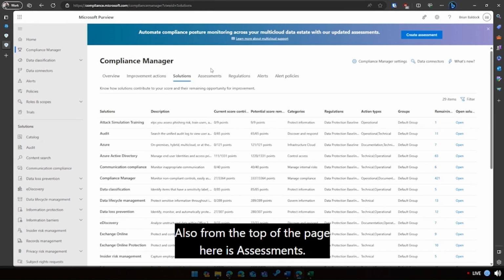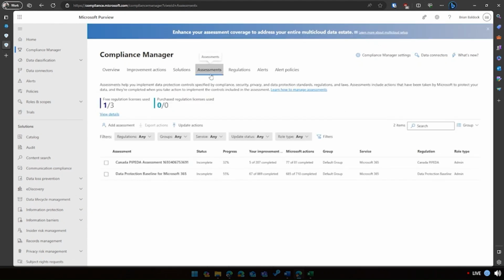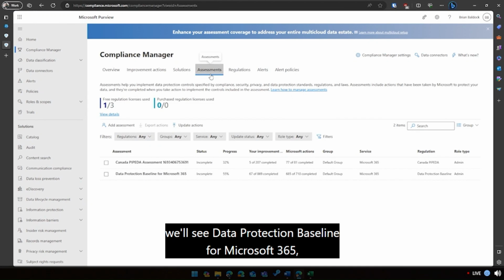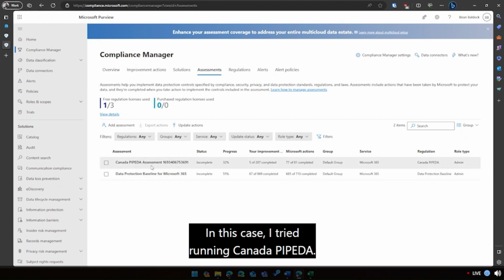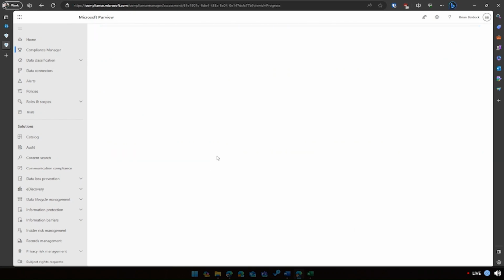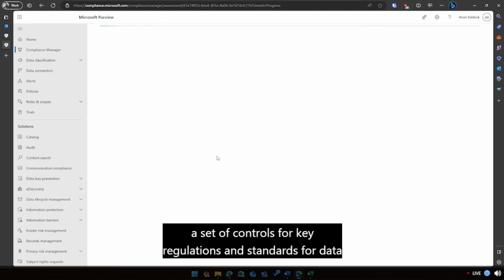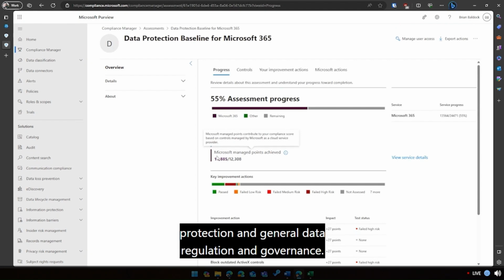Also from the top of the page here is assessments. On this page, we'll see data protection baseline for Microsoft 365, as well as any other assessments that I might have run that were pulled into the tenant for a different reason. In this case, I tried running Canada PIPEDA. Let's go ahead and click on data protection baseline. So again, this baseline assessment has a set of controls for key regulations and standards for data protection and general data